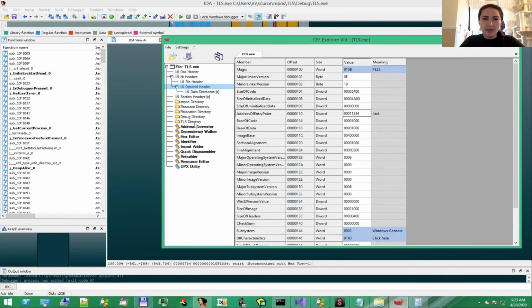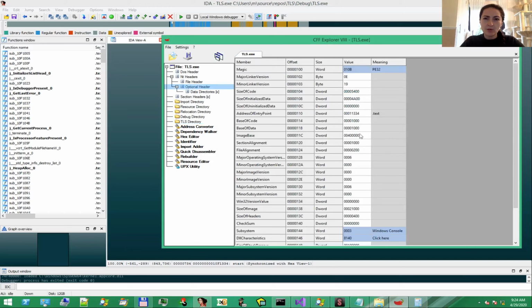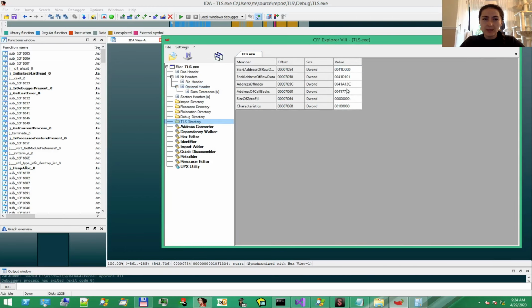We see something very useful here, the TLS directory section, and in there the address of callbacks, which should lead to the user-defined TLS callbacks. This is a very good method to find out if your sample has any TLS callbacks defined. Keep in mind that the image base was already added to it. The value of image base is 00450 as we saw before. So to get the relative address of the callbacks, we subtract the base and get 17720.